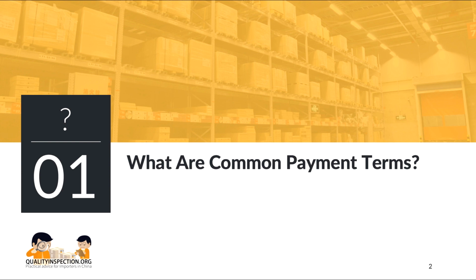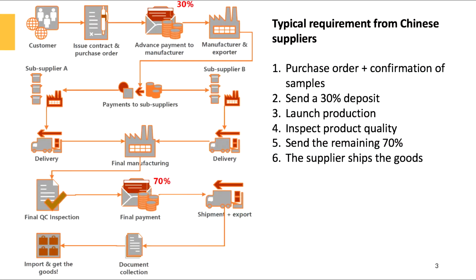And I'm making the assumption that you are buying some fairly standard products. Let's say some off-the-shelf products. There's no heavy product development. Okay, so what they will typically require once you get in contact with your suppliers is going to be something like this. So you're the customer, you issue a purchase order, maybe you have a contract for them to sign,